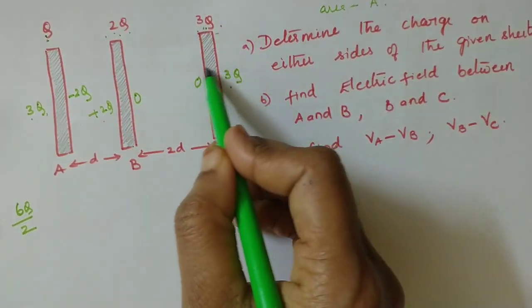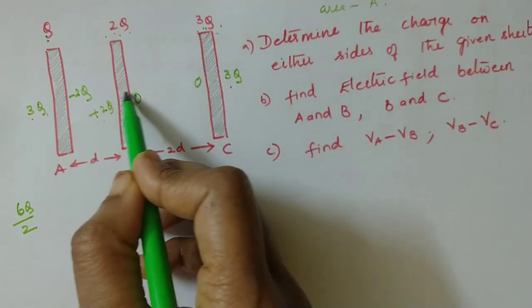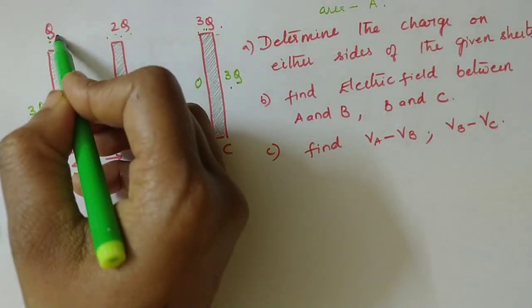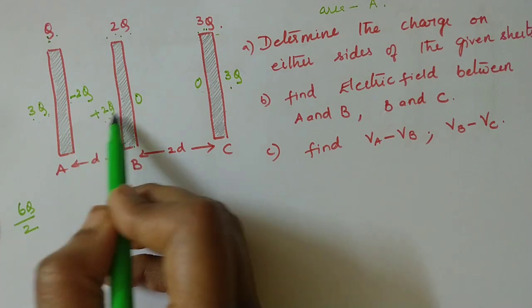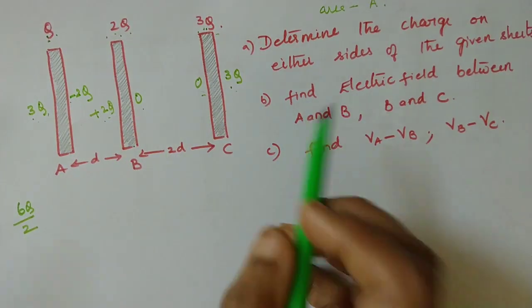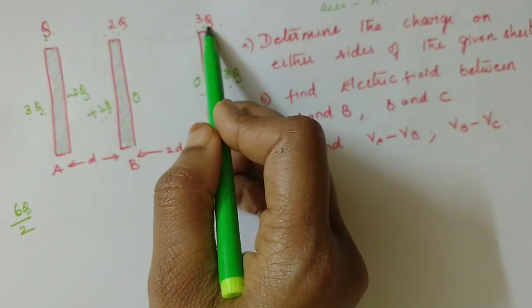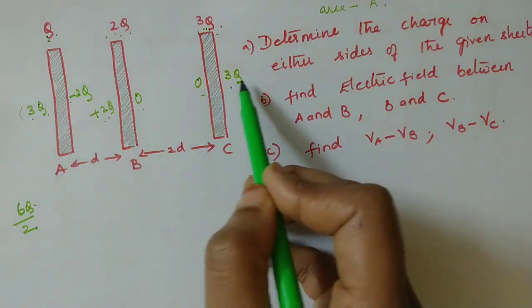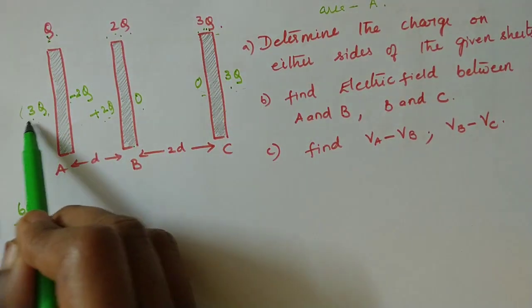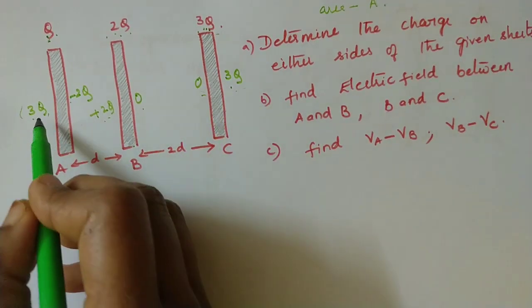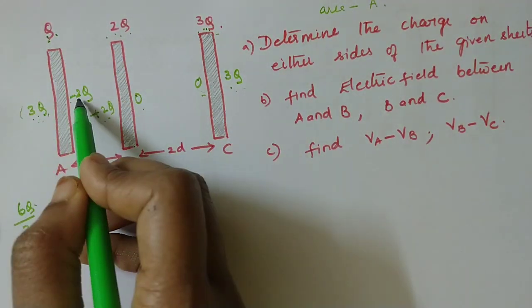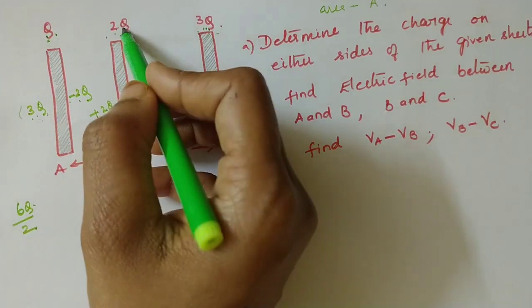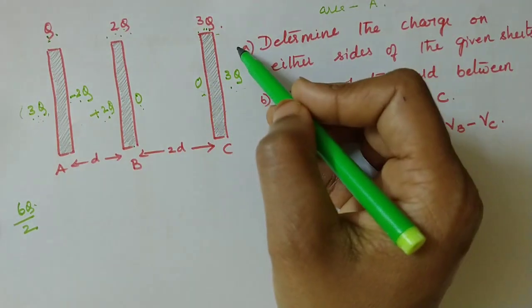Now you can check. 0 plus 3Q is 3Q. 2Q plus 0 is 2Q. 3Q minus 2Q is equal to Q. We have got the answer for the first bit about the charge distribution. Again, I am repeating. First add the charges on the plates, divide by 2: 6Q by 2. You will get the charge on the extreme left and extreme right plates as 3Q and 3Q. Second step, the sum of these two should be Q. So if this is 3Q, this is minus 2Q. If it is minus 2Q, this will be plus 2Q. Sum should be 2Q, so 0 and 0. So we have got the answer for the first bit.